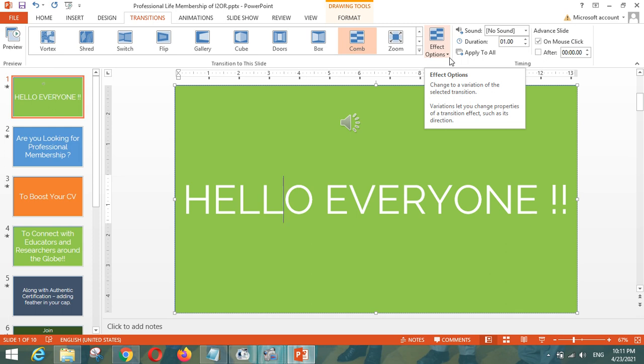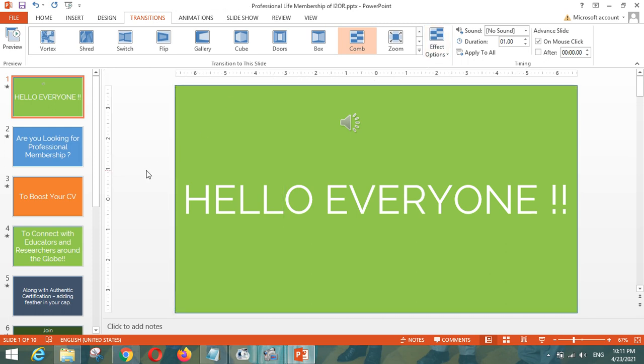So these two options are very attractive, and you can start using them if it is a requirement, and they will give you the best experience even when you are going to create a video out of your presentation. There is also a video on our channel on how you can convert your PowerPoint presentation into a video file. All these features of transition and animations are very important in that case.